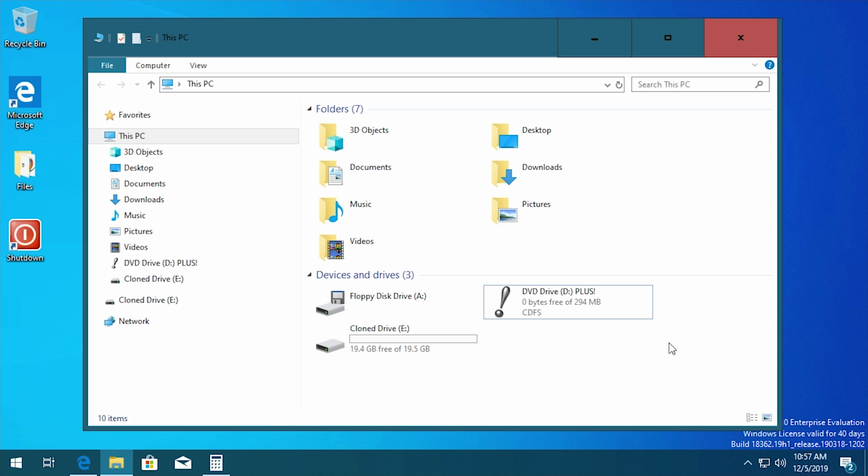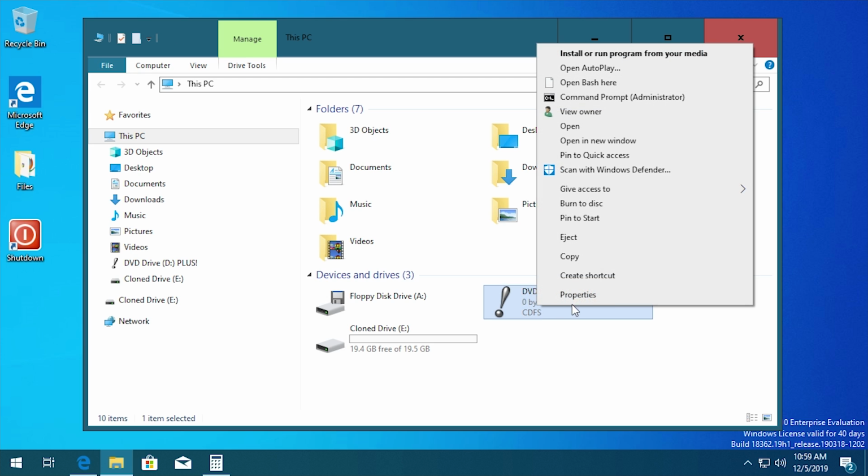Let's go ahead and just try to run it, and let me just apologize for this weird setup here. I just got done shooting the video on Aero Tweaker, and I just thought we would leave Windows looking this way for the rest of this video, and maybe even for future videos. Aero Tweaker, if you haven't seen that video, is this program that allows you to make a ton of crazy modifications to Windows 10, and that's what I did here with these gigantic buttons. So that's why those are there. But without any further ado, let's just jump into trying to get Plus XP to work on Windows 10,